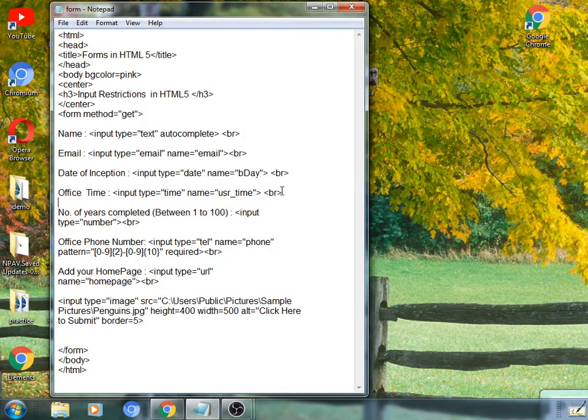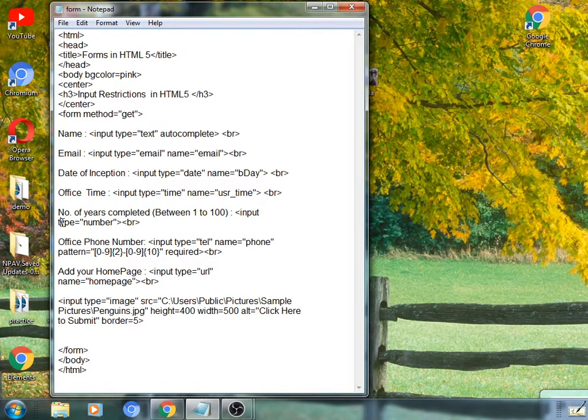We will see this in a browser's window. Next element is time. So, a field is taken here, office time. So, it becomes like this: input type equal to time, with a name value which is optional, to be given as the user's time, like this.